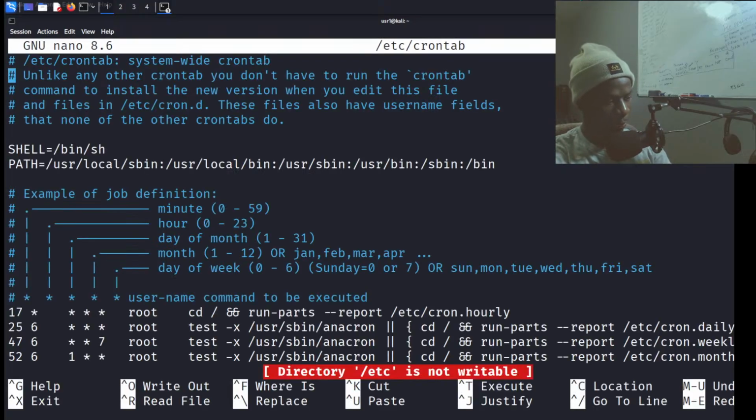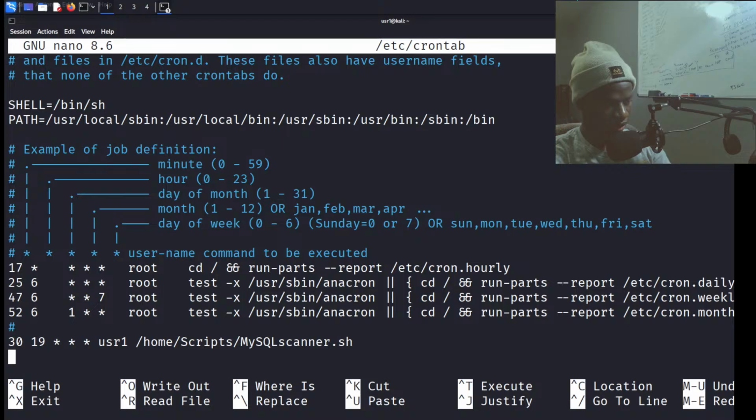All right, it's not readable. Whatever though. So this is where we're going to set the time. Let's do 17, 19. Any day, any day, any day.